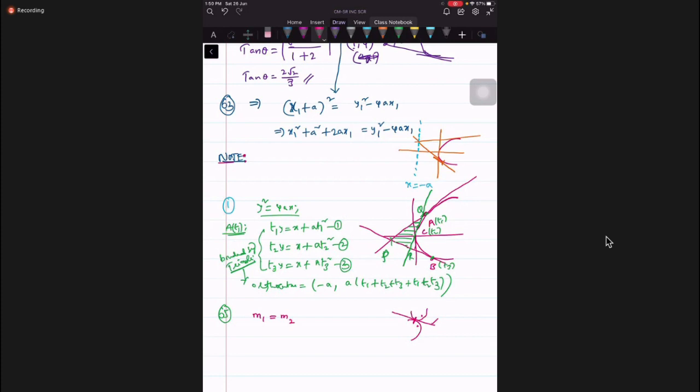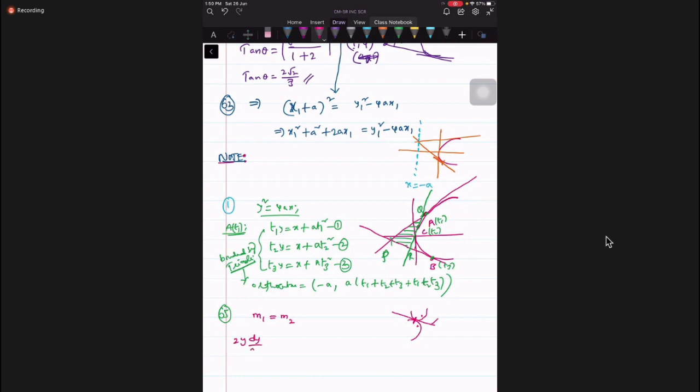You have to find dy/dx of the first curve and dy/dx of the second curve, right, students? After that, we need to find the point of intersection. How to find it? Two curves are given, so from one curve pick x and substitute into the other, or pick y and substitute. You will get the point of intersection. So I am just giving the idea; we have to work it out.